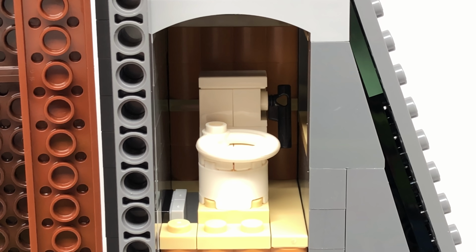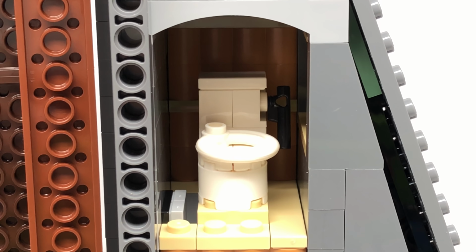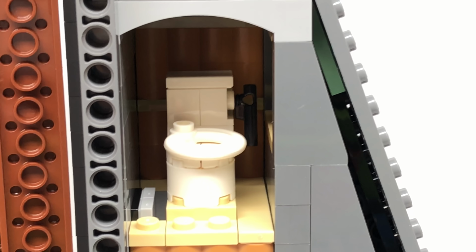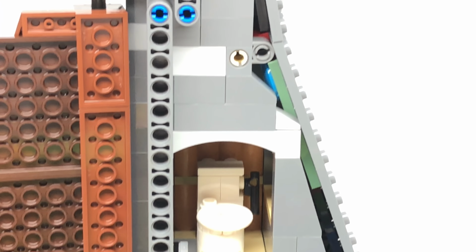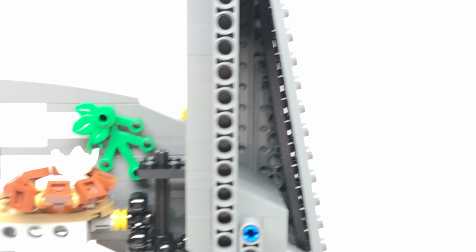And the final scene to the right section is the lawyer toilet scene, which they don't include the lawyer. Oh, thanks, LEGO. But this is actually a really well done toilet. I like how it came out with using the lifesaver piece right here as the rim. It actually works really well. And once again, there's not enough space to put another scene above that, though there is one more scene found